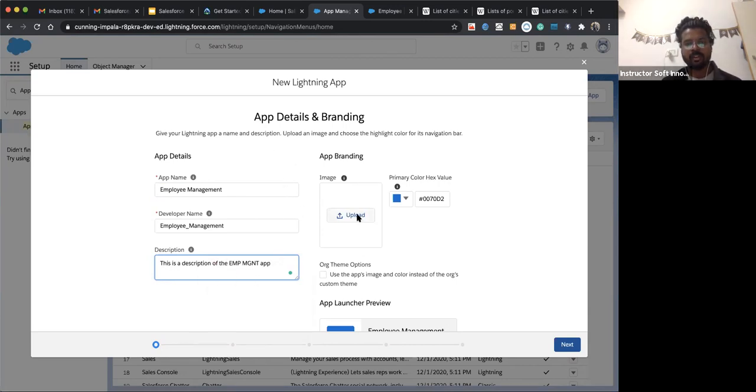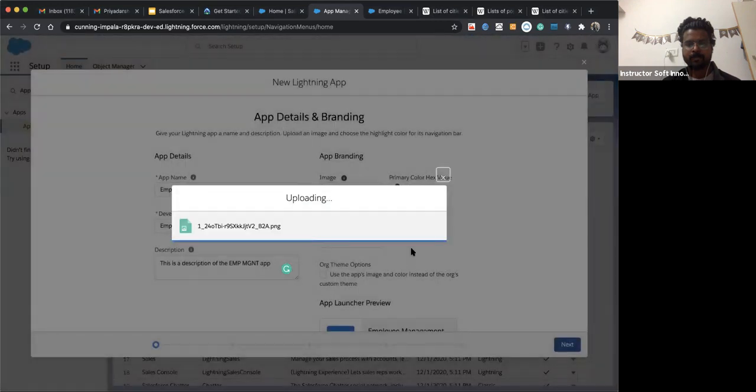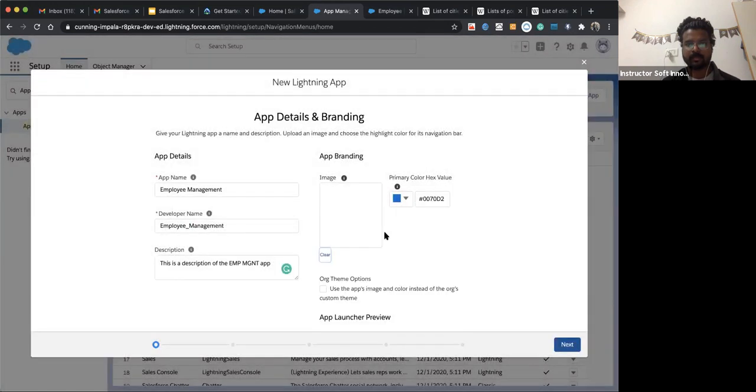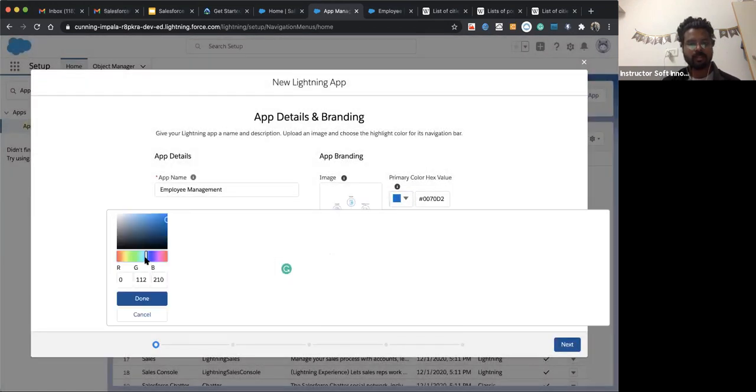If you want to upload an image, you can upload an image. Let's add it. It's the color.